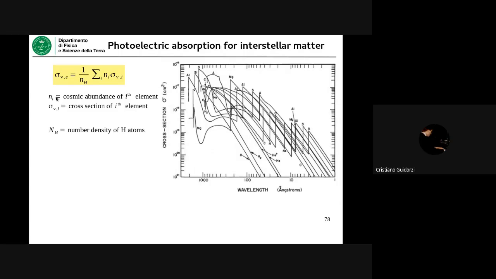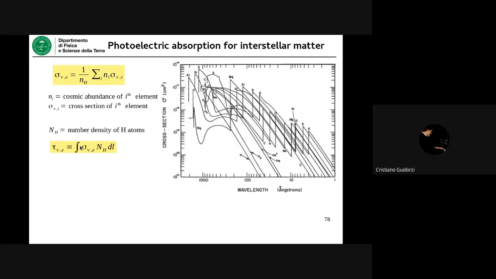Ni and small ni can be just a relative abundance, so it can also be dimensionless, while if we call capital NH the number density of H atoms, you immediately see, if you remember the definition of optical depth, the resulting optical depth due to the photoelectric absorption of all these elements is, by definition of optical depth,